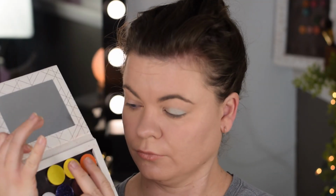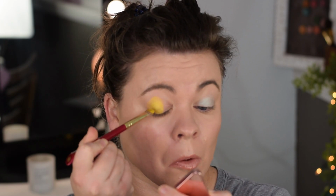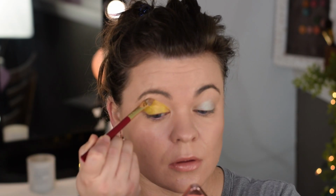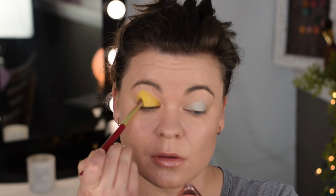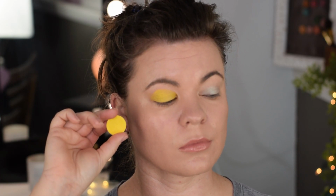Next up, I have the shade Solar Flare from Coastal Scents. I kind of like the name, but I've also got the shade Lemonade from Cine Grace. When I swatch Solar Flare on the eyes, you can see that it's really fun. It's a pretty yellow. It's very bright, like lovely dandelions, but it lacks some opacity, and I just really question whether or not it would be a good fit for when you're using a matte yellow or a satin yellow